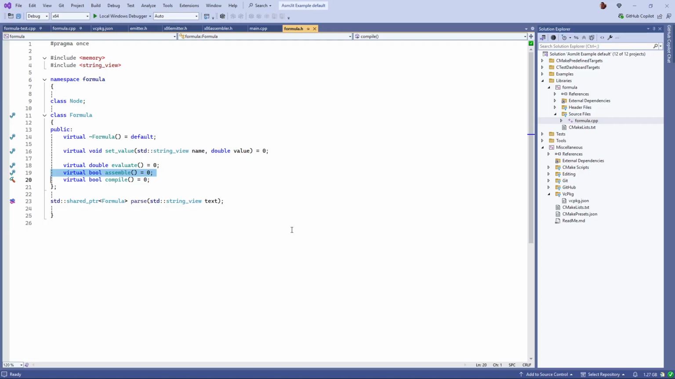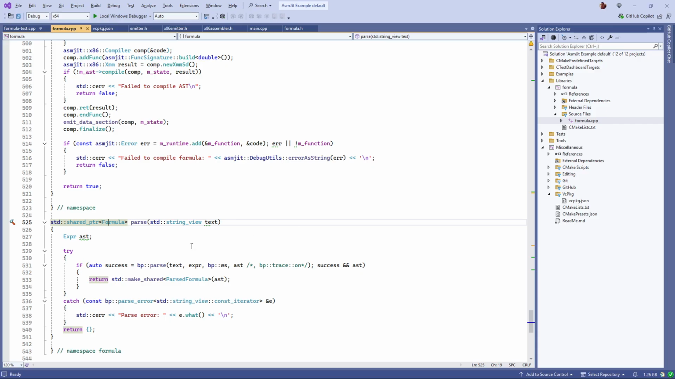There are two ways of using AsmJit. You can either use the assembler interface, or you can use the compiler interface. We'll look at both. They're similar, but the compiler is a little bit more abstract and gives you some additional facilities. But just to look at the parsing,